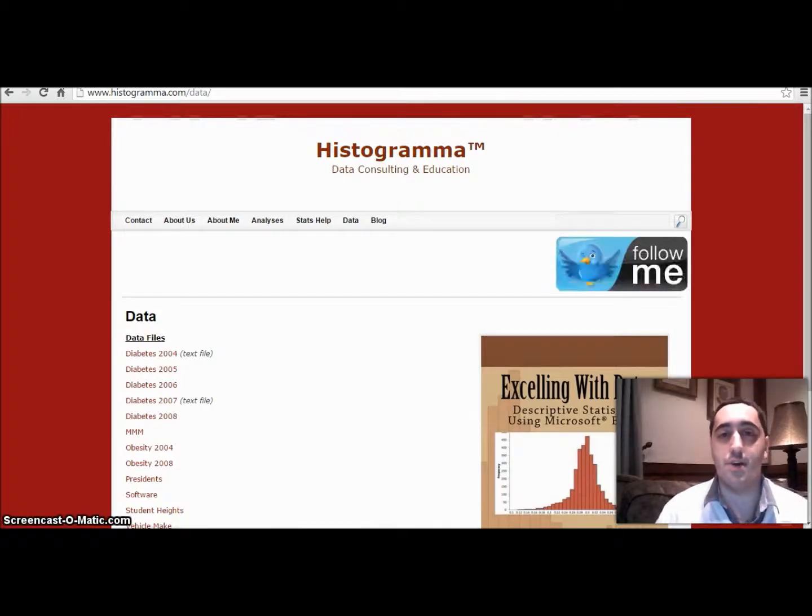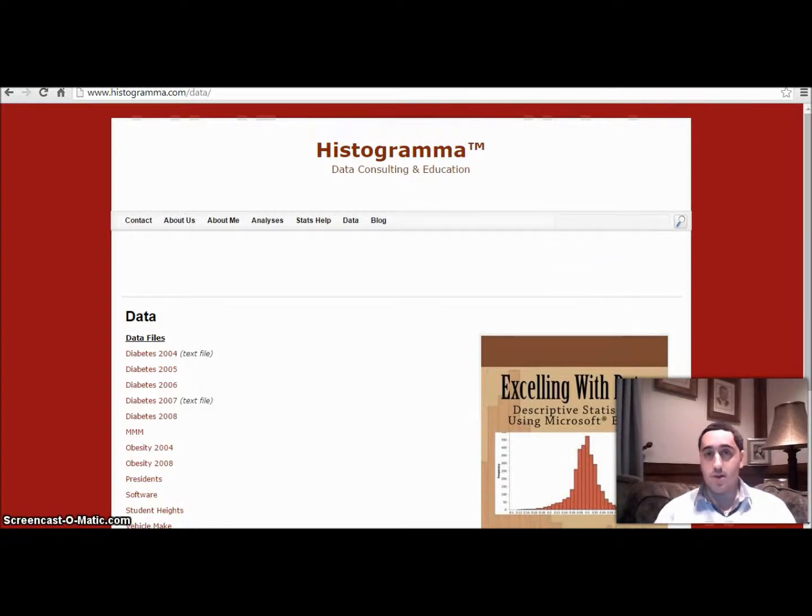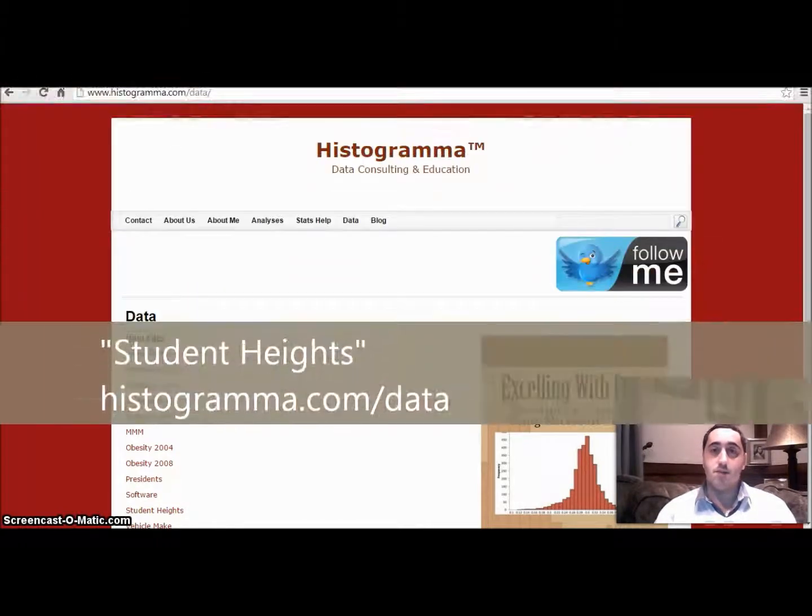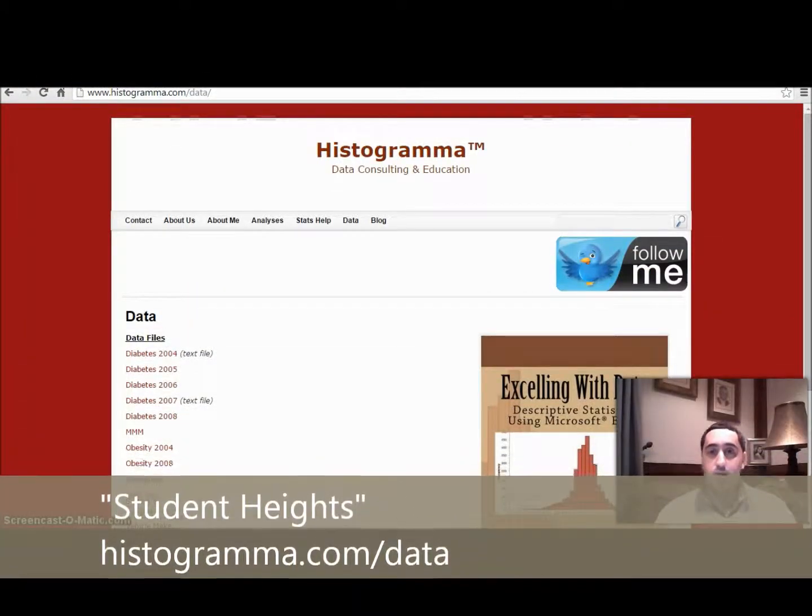Hi, in this video we're going to talk about standard deviation, variance, minimum, maximum, skewness, kurtosis, and summary statistics. Standard deviation is how spread out numbers are from the mean, whereas the variance is the average of the squared numbers from the mean. We can look at an example called student heights, which can be downloaded from